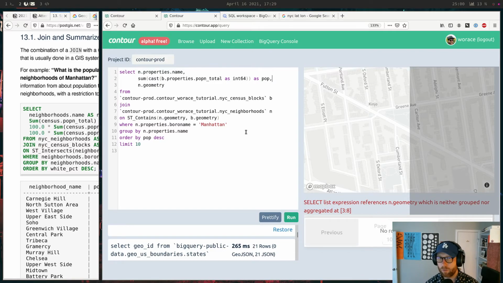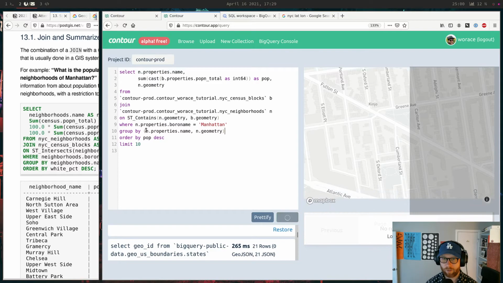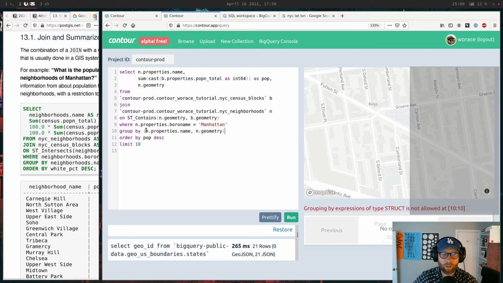Oh, wait. Oh, group by. I guess you have to put that in the. Can you group by a geometry? That's confusing. I guess that's valid. Oh, yeah, grouping. Oh man, that's a bummer. So if you group, you can't get the geometry out, I guess.